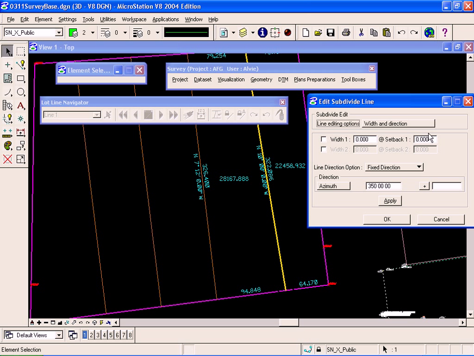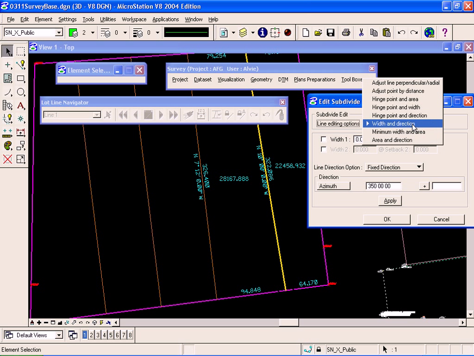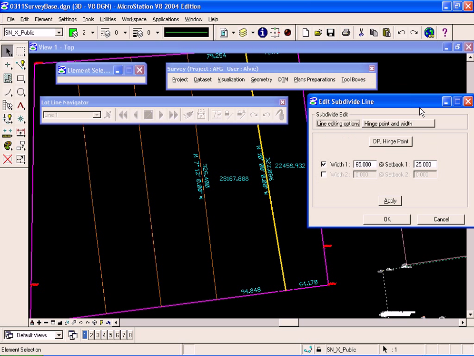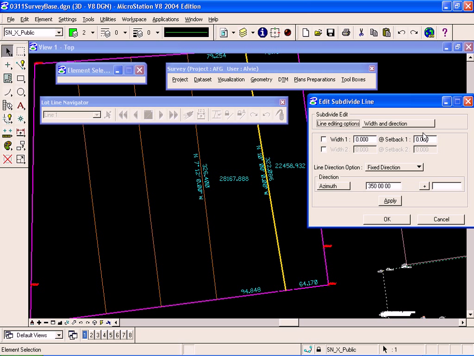which is width and direction. This command is essentially a combination of the hinge point and width command as well as the hinge point and direction command. And the width and direction command allows me to specify a width 1 or 2 at a particular setback, let's say 68 at a setback of 30 in this case, and then also allows me to specify a direction for the sideline. Let's change this azimuth to be